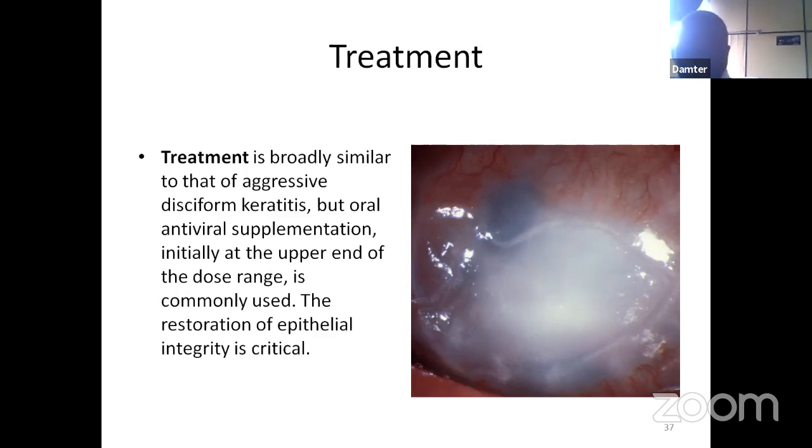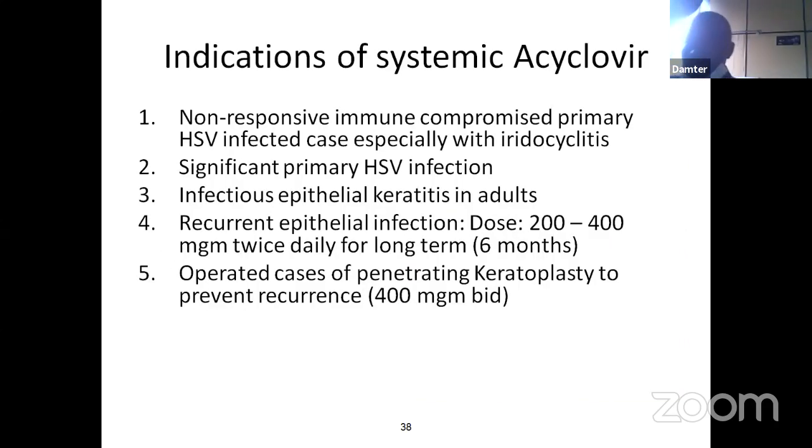The restoration of epithelial integrity is critical. So this picture here is an image to show the necrotizing stromal keratitis due to herpes simplex virus. So the indications for use of systemic acyclovir is in non-responsive immune-compromised primary herpes simplex